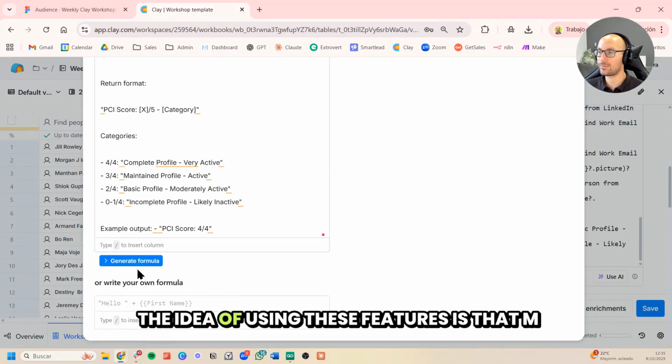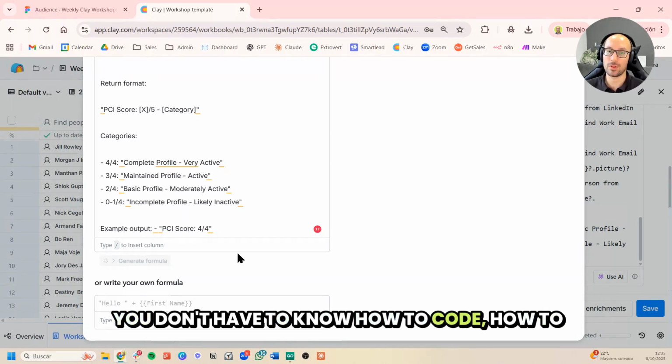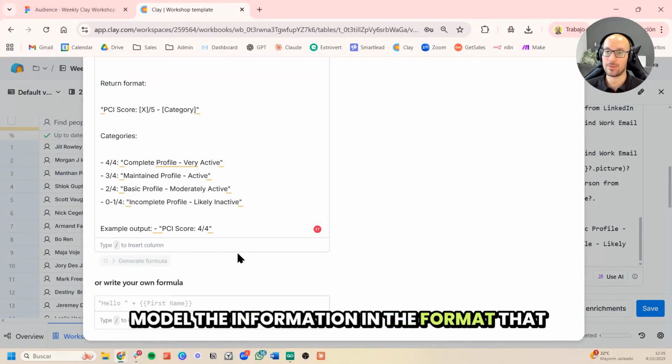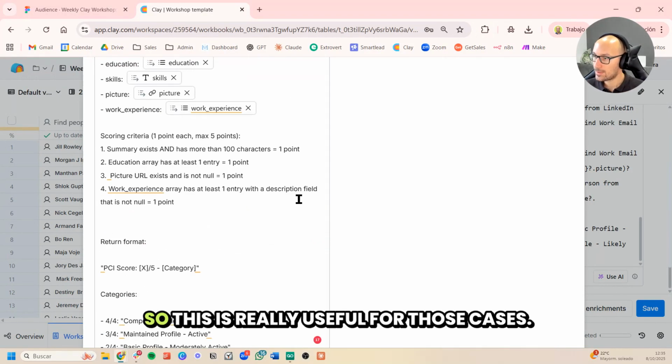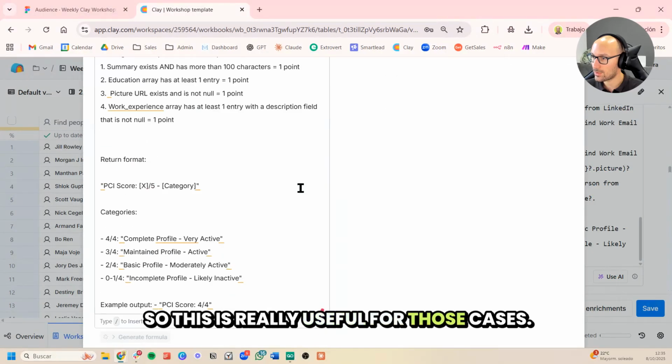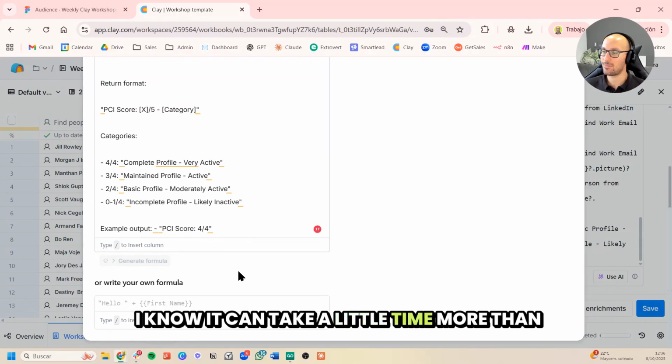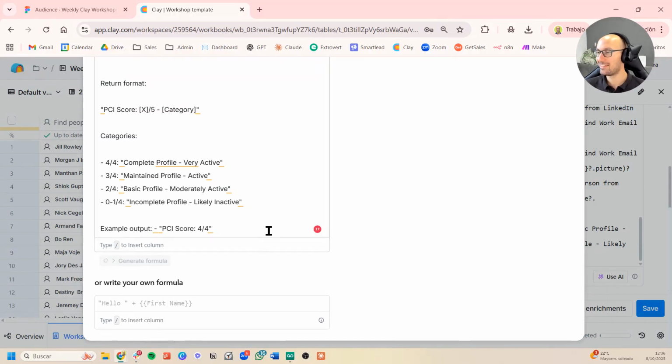The idea of using these features is that you don't have to know how to code JavaScript to be able to model the information in the format that you like. So this is really useful for those cases. Now it's generating the formula. I know it can take a little more time than I expected.